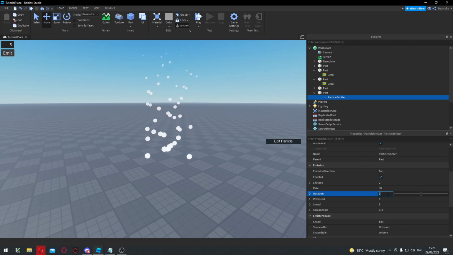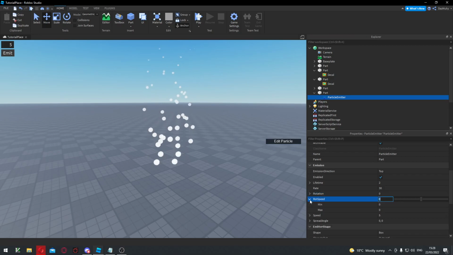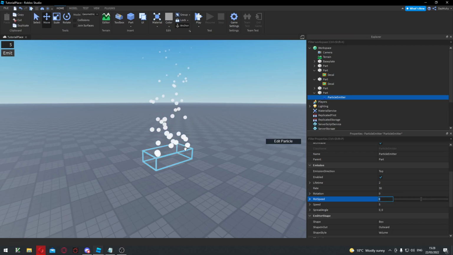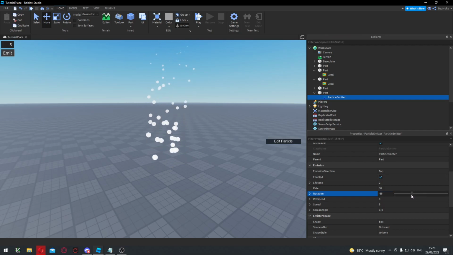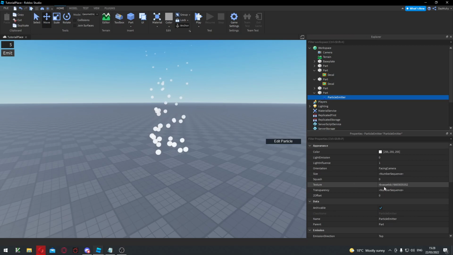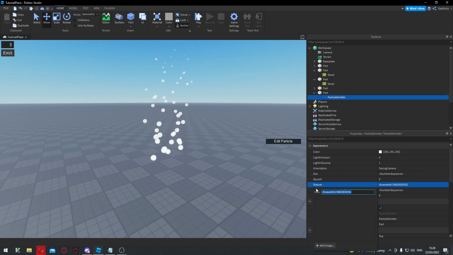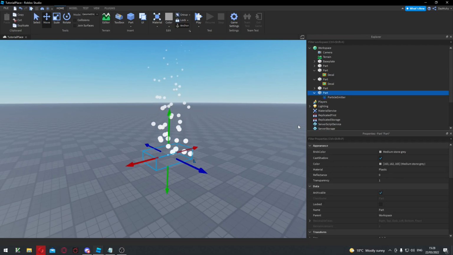Now, what you can also do is play with the rotation and the rotation speed. This won't really work that well because we're using circle images, so if I change this rotation, you won't actually see anything. But if you're using something else, a different texture, for instance, so if you just change this texture to something else, you will notice a massive difference when you start playing